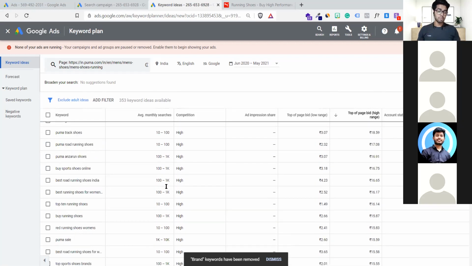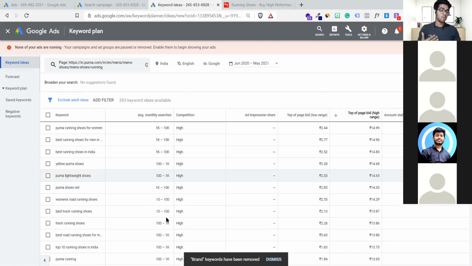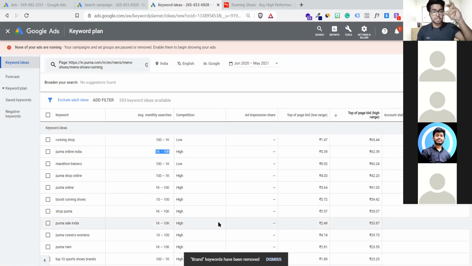Don't go beyond 10k or 50k, because the moment you go for 50k and 1 million impressions, what will happen in that particular keyword? Lots of people are already creating ads and have done SEO, so your chances would be super low. So you have to cater to a small group of people in order to show advertisement and rank on top. Okay, you're getting it. You enter only those keywords when you have the right amount of money in your business, otherwise don't enter. Be specific and super highly targeted.